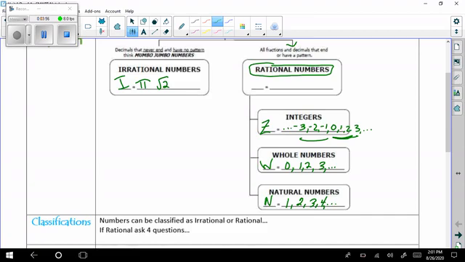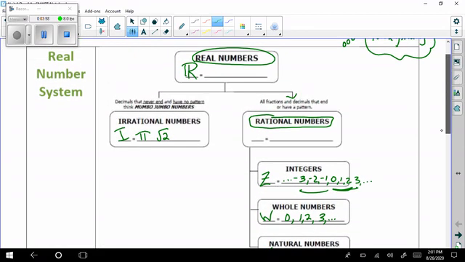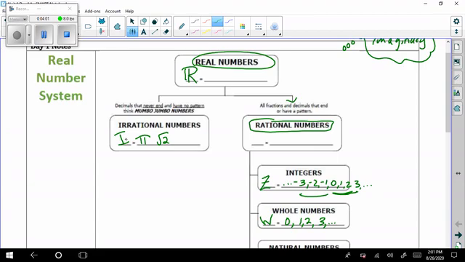And then we have rational numbers. We already have an I over here for irrational, so that's why we use Z. We have an R up here for real numbers, so we're going to do something different for rational numbers. So as we continue, let's go ahead and look at rational numbers here. We're going to call rational numbers Q. Again, the reason we're doing that is we already have an R for real. So rational numbers are going to be numbers that are positive or negative, and they can be fractions, decimals, etc.